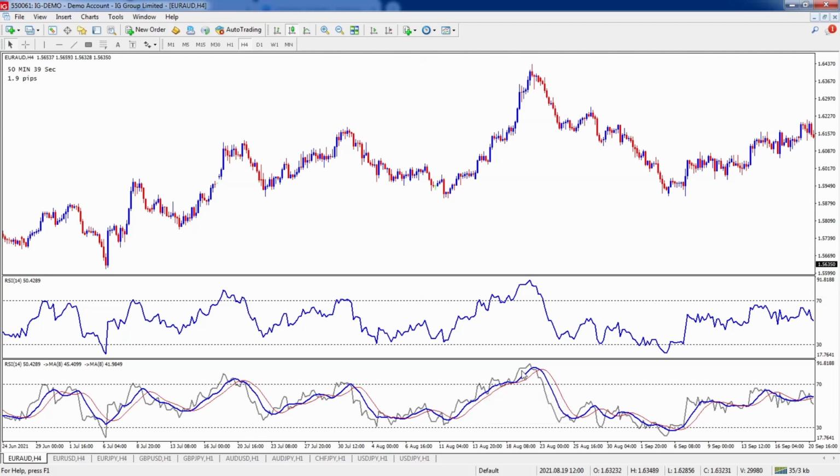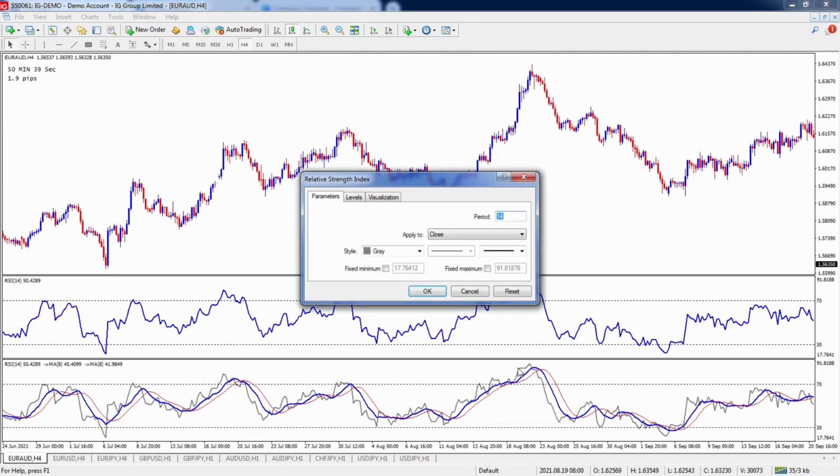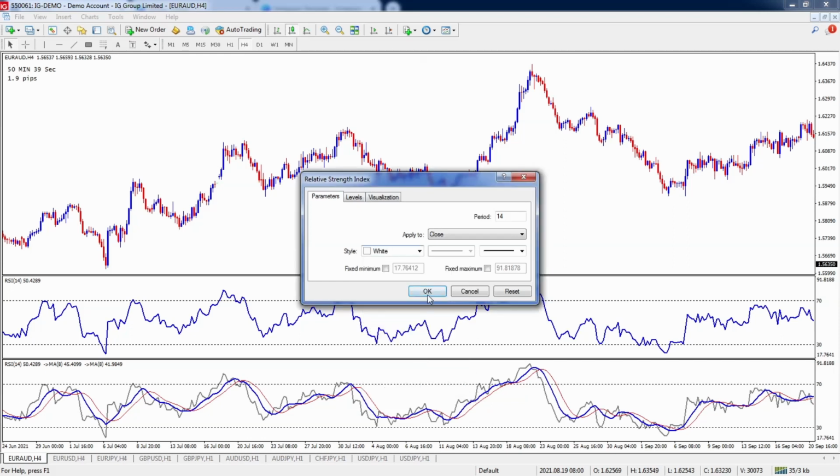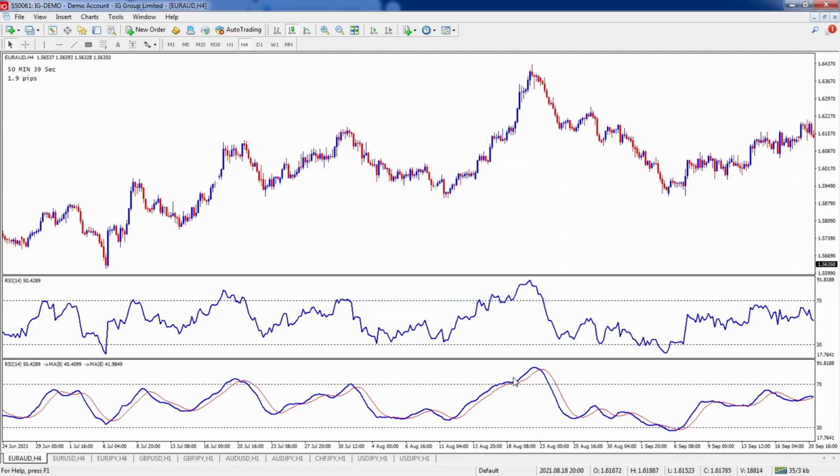So now the last step is to click on the RSI, double click to select it, and with the style, I can do a couple of things. I can either hit none or click white or whatever the background is of your chart. In my case, I'm just going to click white, and we'll hit OK. So now we've got a smoothed version of the RSI with a signal line. These are going to make for a lot cleaner, a lot easier to identify signals.